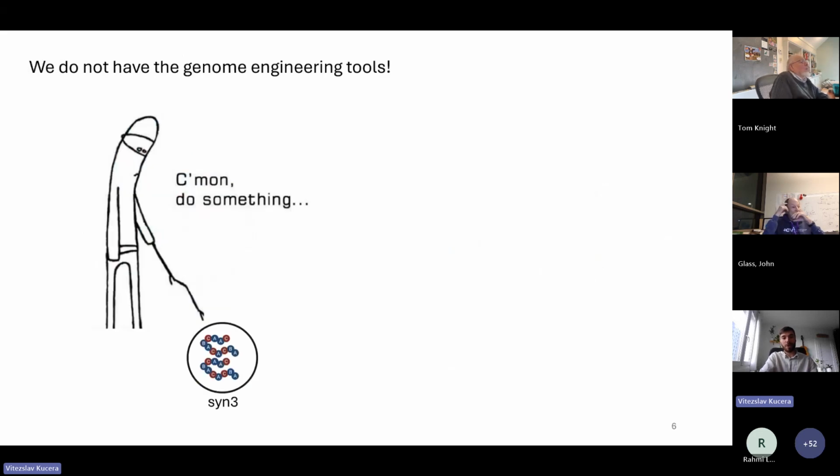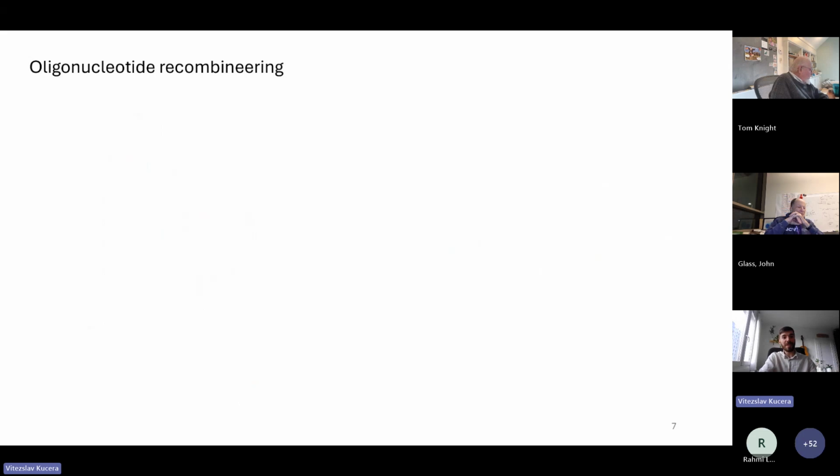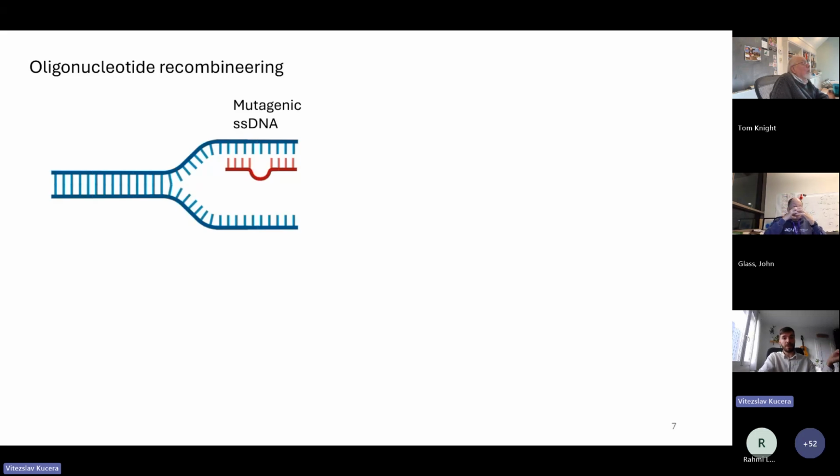For that, we have one problem, and that is that genome engineering in SYN3 is actually not something that can be done easily. So for that, my plan for PhD, apart from another project, is to introduce an oligonucleotide recombineering inside SYN3. So why oligonucleotide recombineering? It's a very, very simple genome engineering tool that can be utilized in many cells, and that is because it's mostly reliant on genome replication, which is something that all cells, including SYN3, do, which is already very helpful.